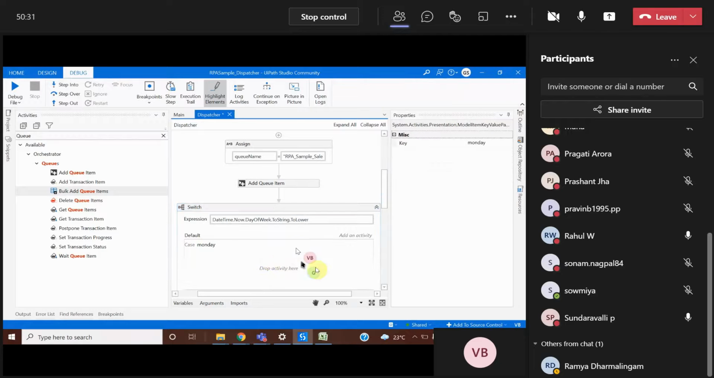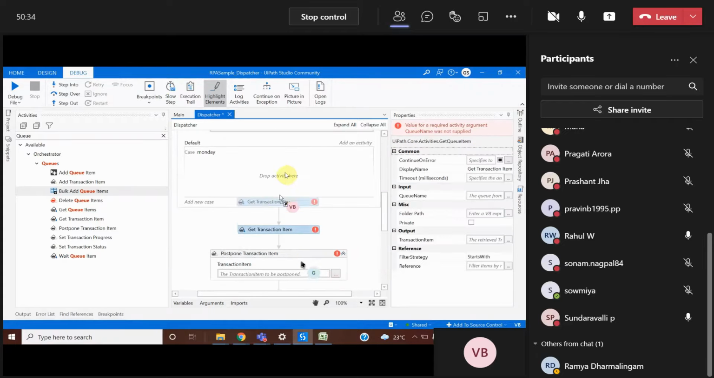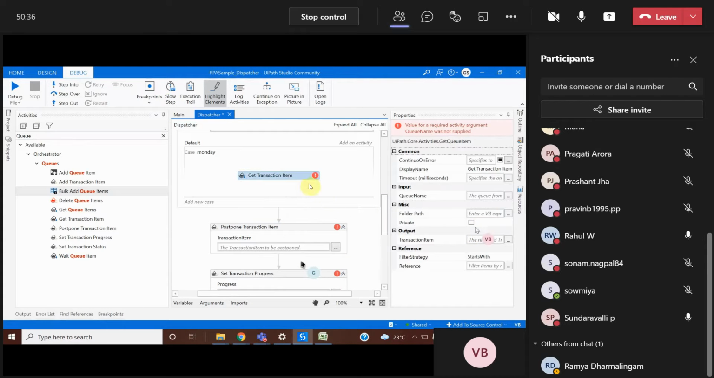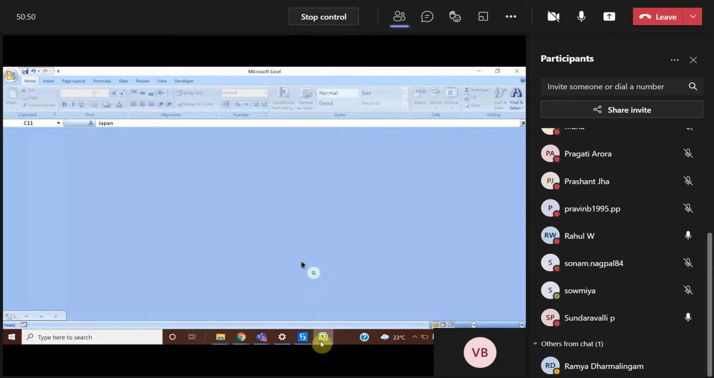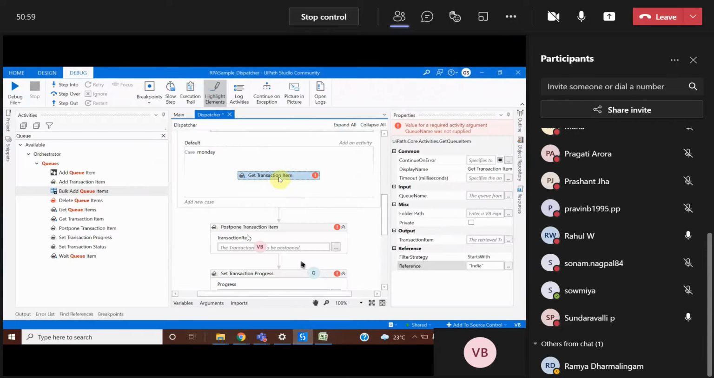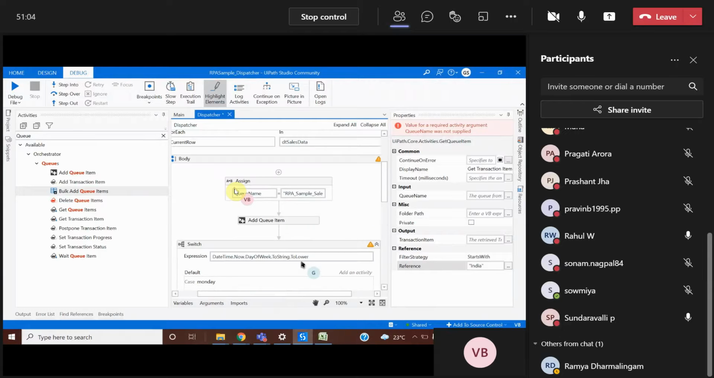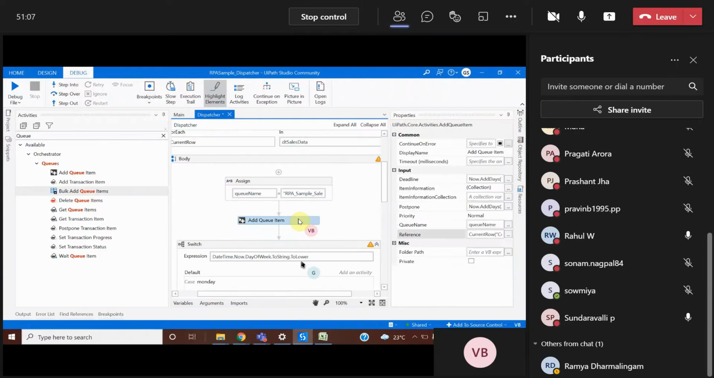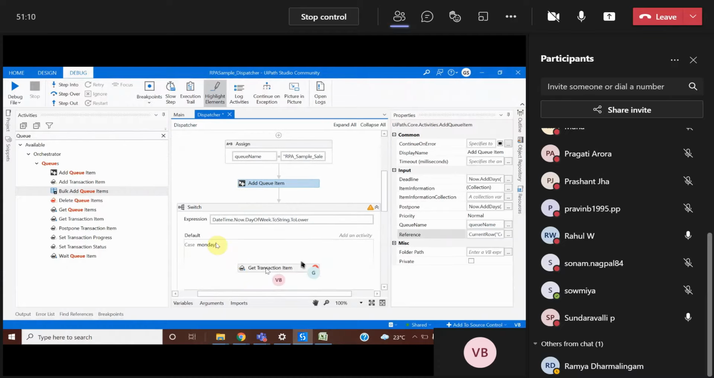Okay, so on Monday what I'll do is get all the transaction items that should run with reference. Okay, the filter strategy should get items with reference as India. And Tuesday I would like to run with France. So let's check with this one, whether it is coming or not, then we'll go ahead. Okay, so we are adding all the queue items. Let's see default